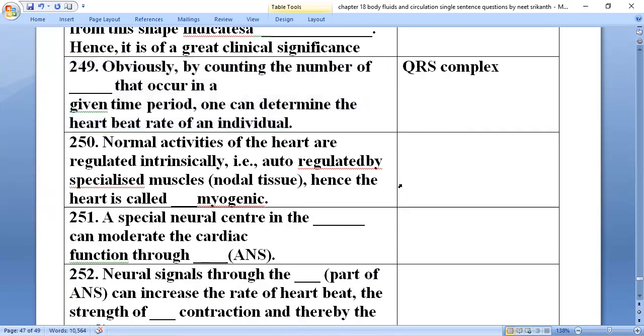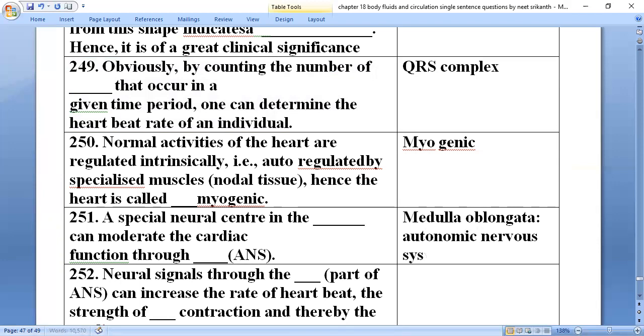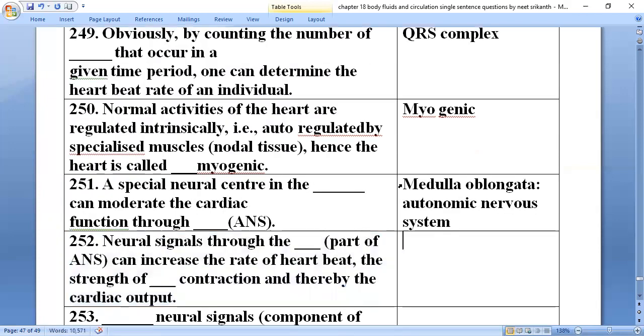Normal activities of the heart are regulated intrinsically, auto-regulated by specialized muscle. Hence, our heart is called myogenic heart. A special neural center in the brain, particularly at the medulla oblongata, can moderate the cardiac function through the autonomic nervous system. With the help of the autonomic nervous system, it can moderate neural signals through the sympathetic nerves,